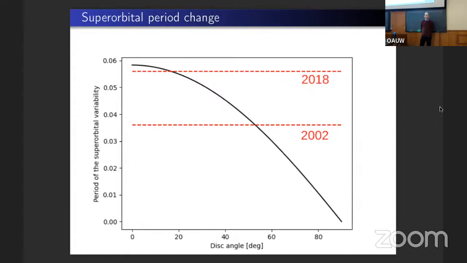A follow-up question, since you're on this plot: you said that the degree is how far this tilts from the plane, but then 0 means it's completely aligned. Yes. So why, or maybe it's not shown here, but for 0, as your simulation showed, there should be no superorbital period. It's a philosophical question. Maybe there is, but you don't see it. But then because the amplitude goes to infinity when it goes asymptotically to 0. Sure, but I don't understand this plot there. So for 0, what's the value on the y-axis?